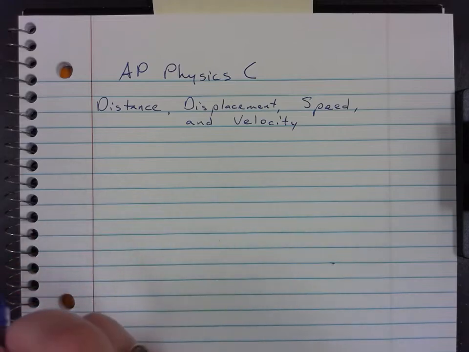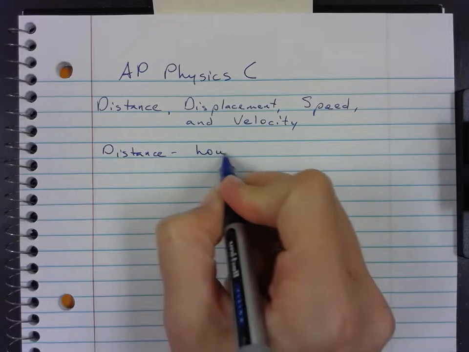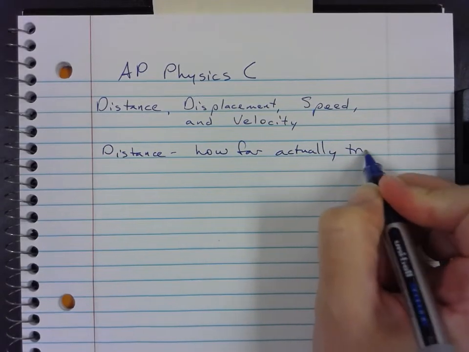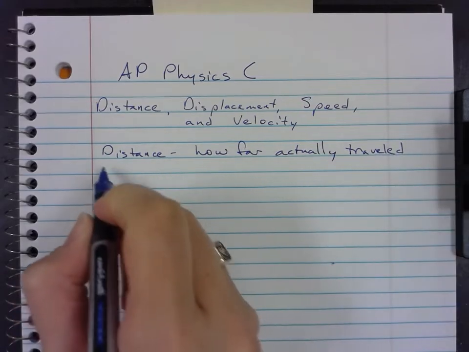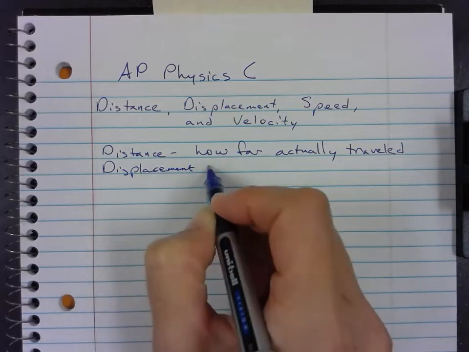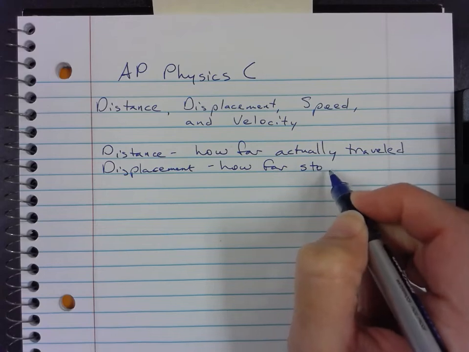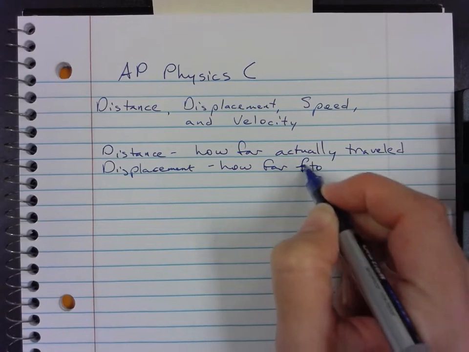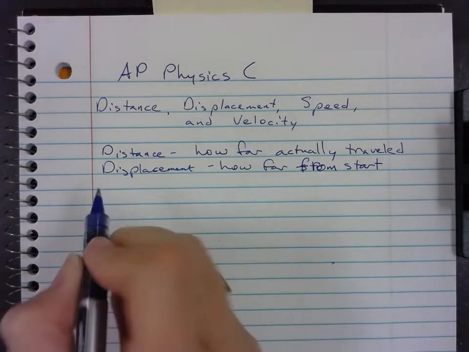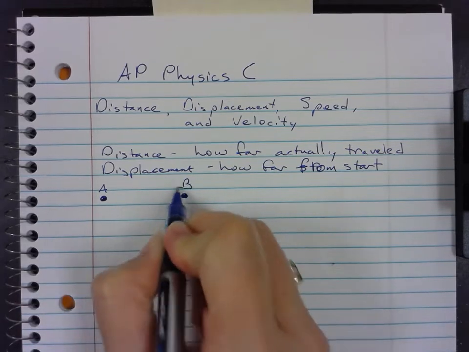So, as reminders for these vocabulary words, distance is how far you actually traveled. Displacement is how far you are from the starting point. So, if we start here and end up here, go from A to B,